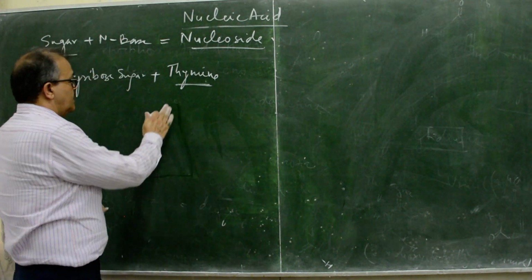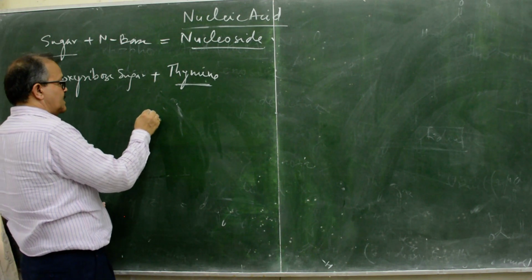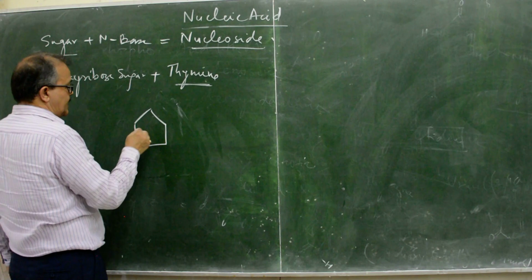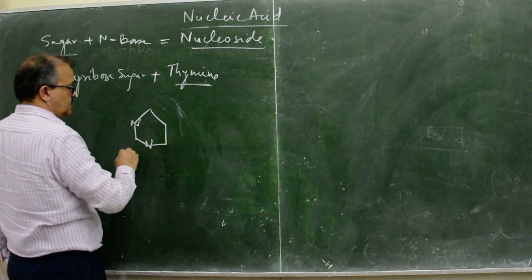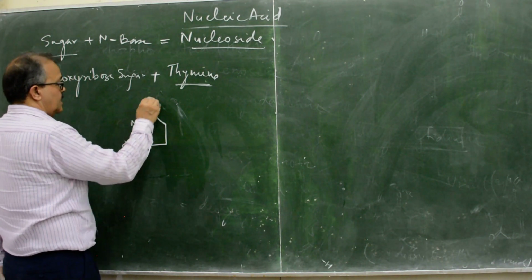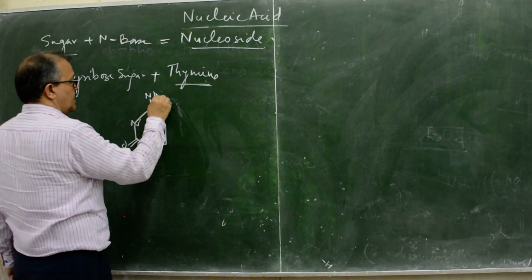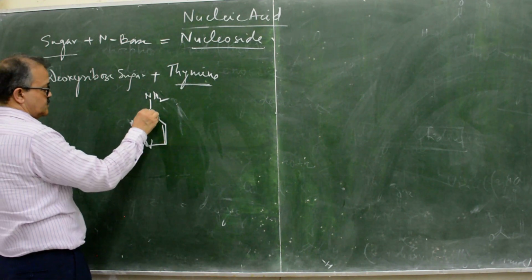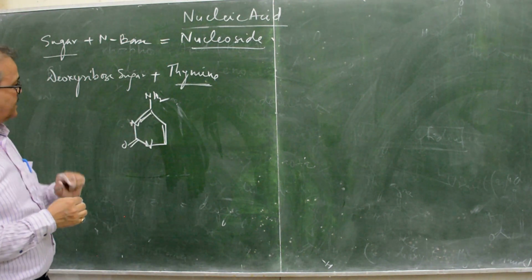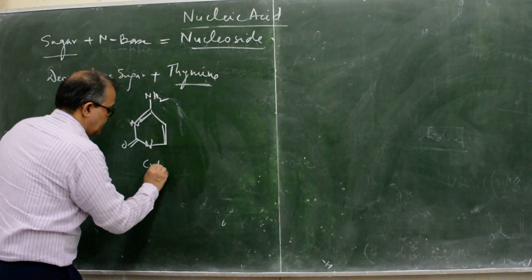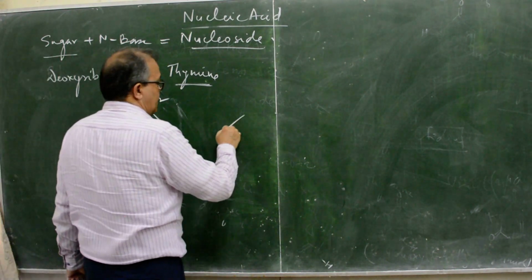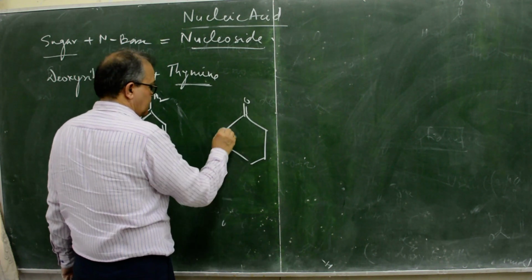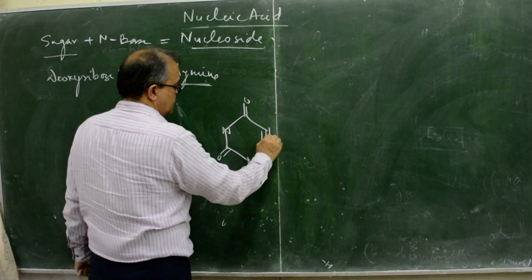Second, you see here, this is the cytosine. Cytosine has a 2-oxy and an amino group, NH2. I have already sketched this for you. This is the cytosine, and this is the uracil, with 2,4-dioxy and nitrogen.